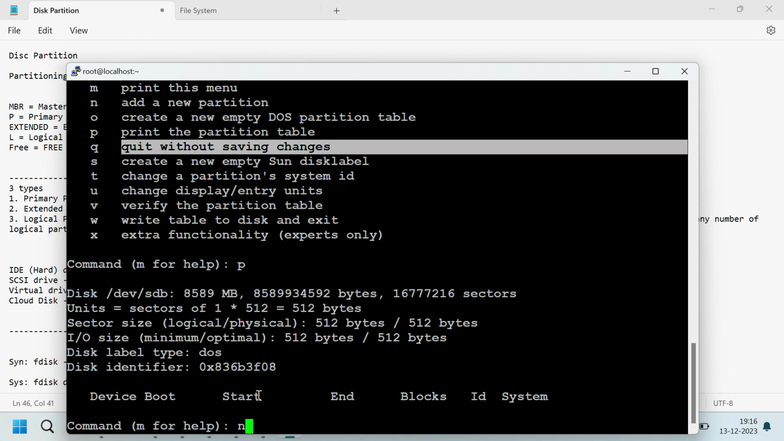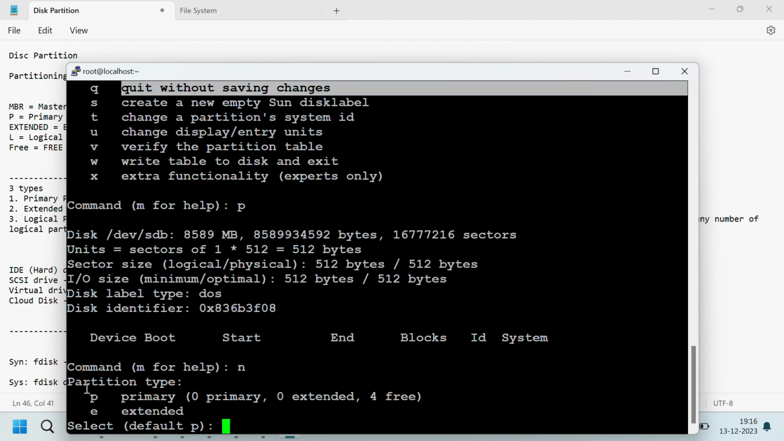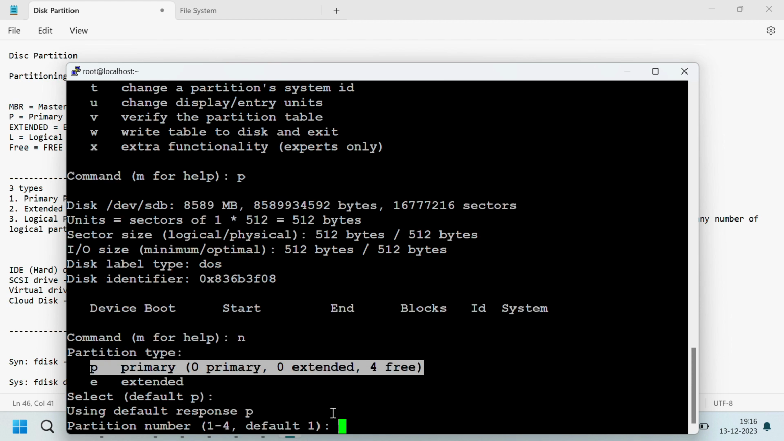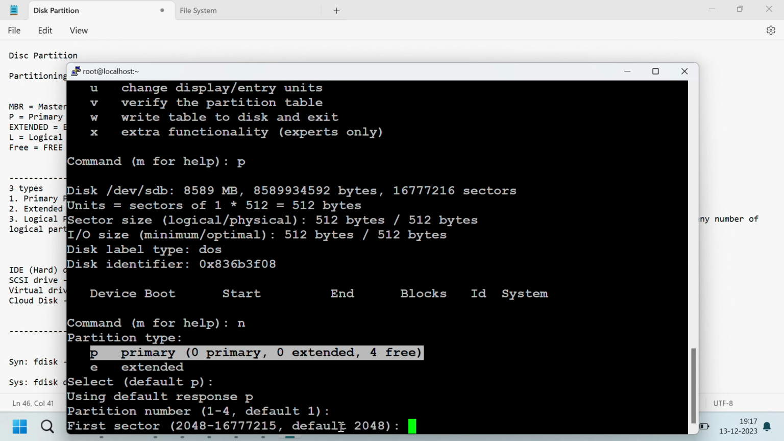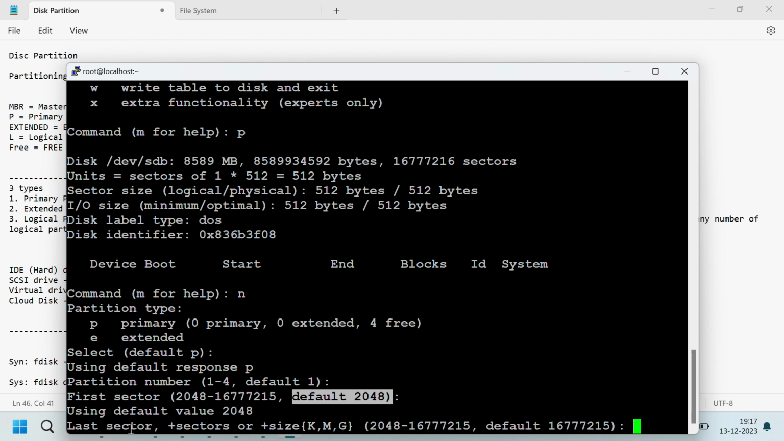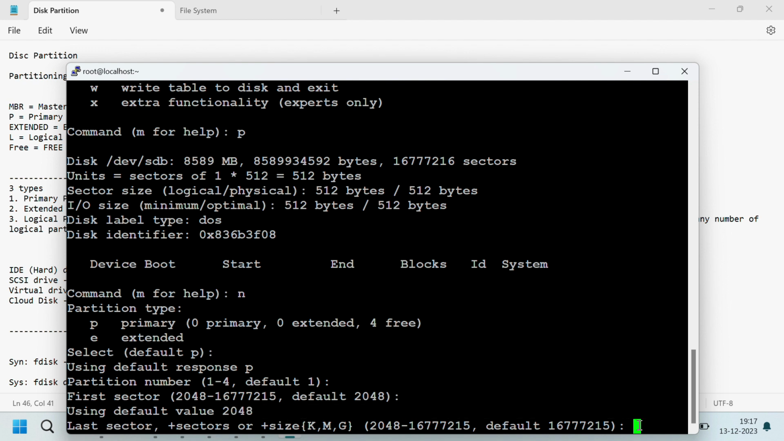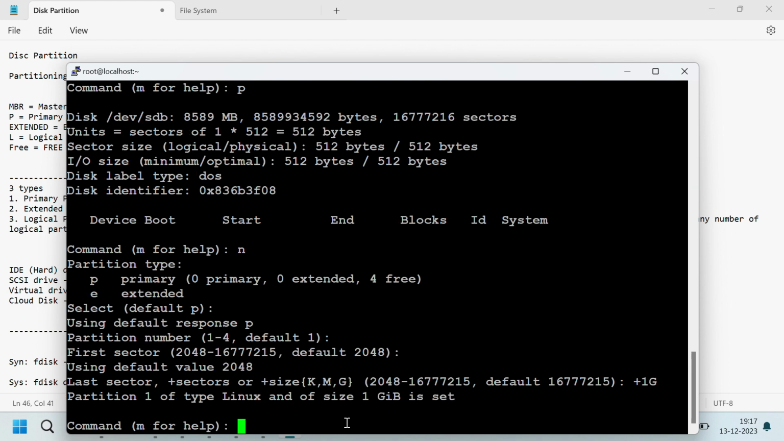Now we give n, which means we are creating a new partition. See, for partition type it's asking primary or extended. I'm pressing enter, which means it will take the default. Then the partition number, 1 to 4, we can give any number. I'll go with the default. Then the last sector, and if you want to specify a size, use plus size. I want 1 GB, so I am giving +1G. Now if you give p, see,